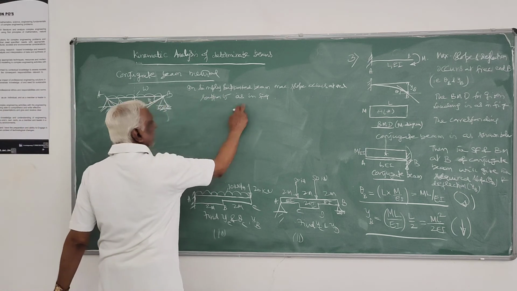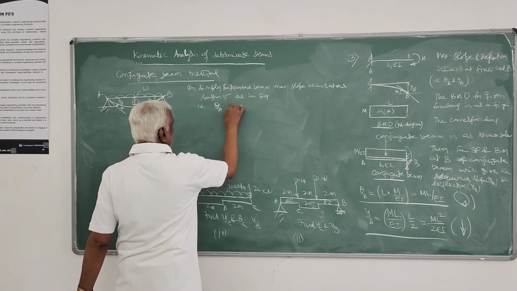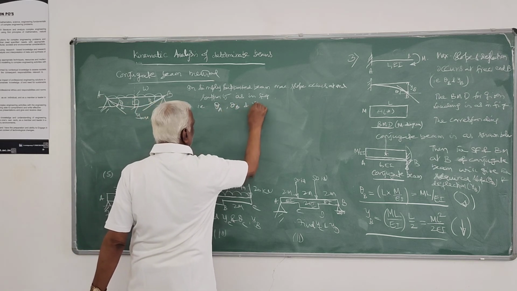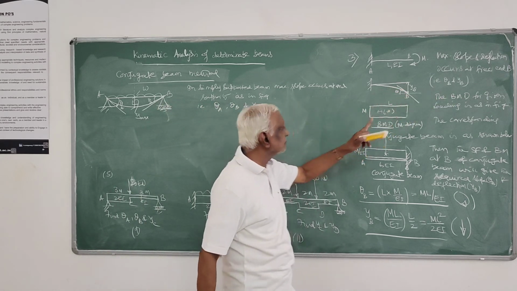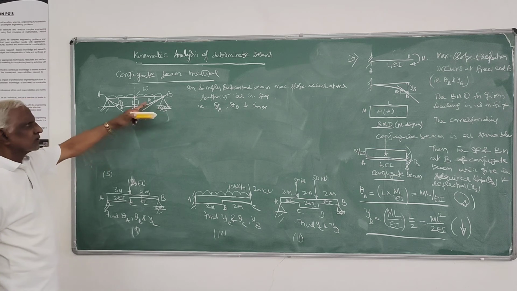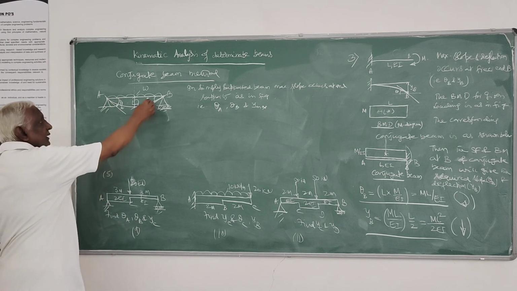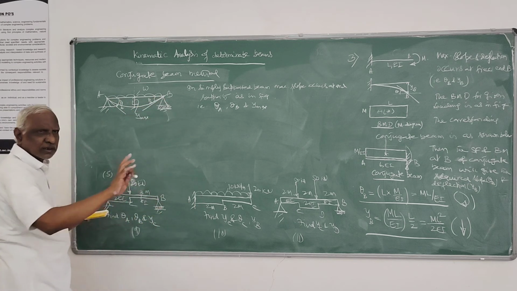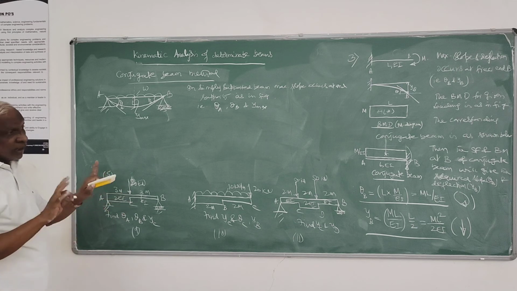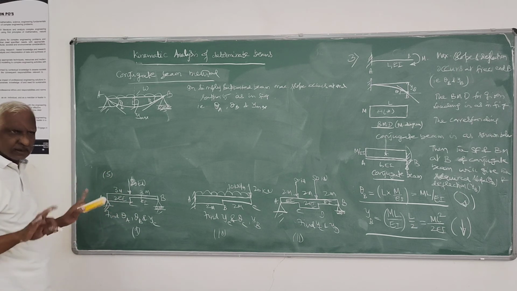Here it is known as in figure, so that is theta A, theta B, and y max. That's what you have to determine, as I have done in that. Right? So shape is also like that. So theta A will be clockwise, theta B will be anti-clockwise, y max will be downwards. That's how you have to show at the end. Otherwise, don't bother about sign convention at all.